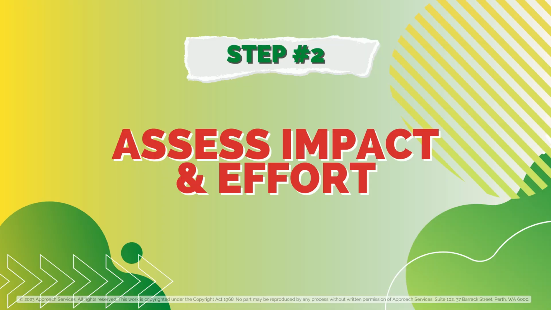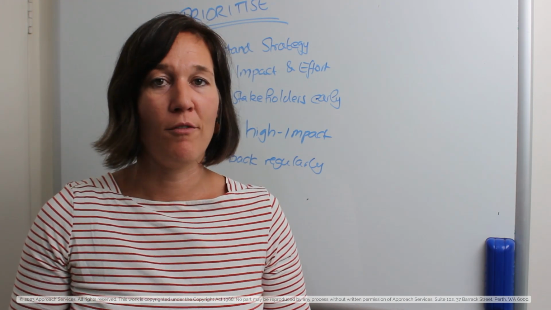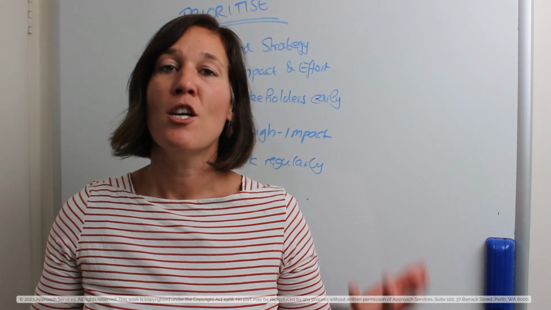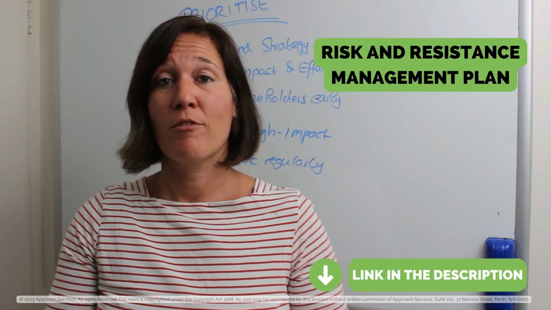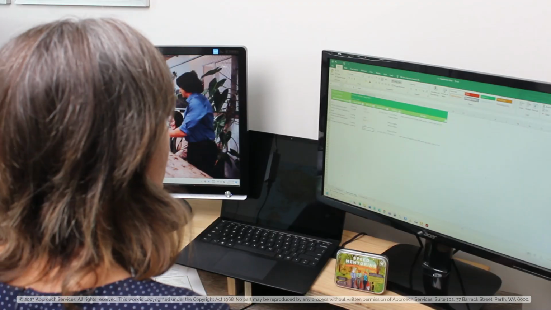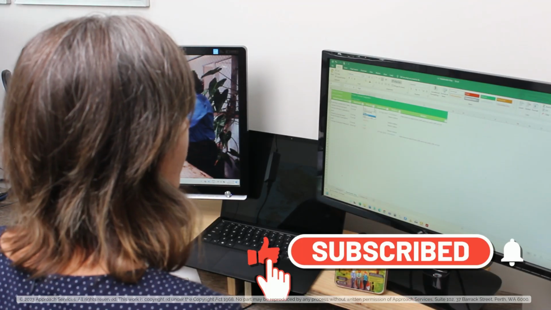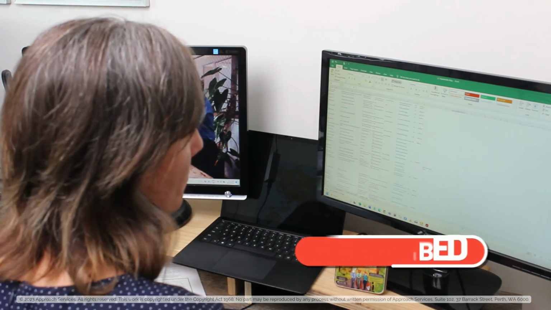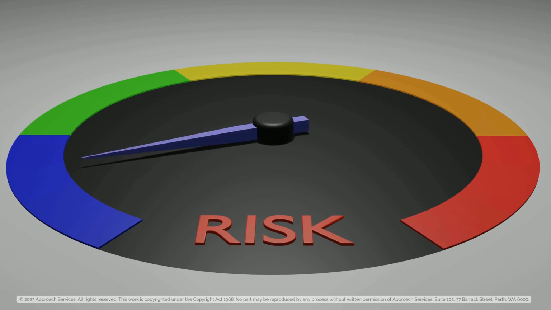Second, I need to assess each project's or change initiative's impact and the effort that is involved with it. When I talk about impact, you would probably want to do a risk and resistance management plan. So you look at your risk management matrix within the organization and you look at all the positive and negative risks that are involved with each of the projects. And you want to be sure that you can give it a risk rating depending on the severity and the